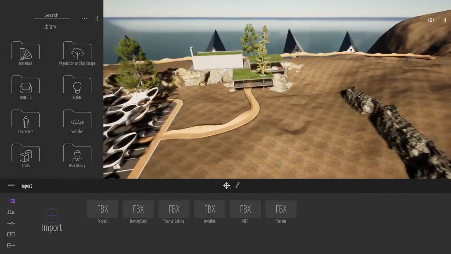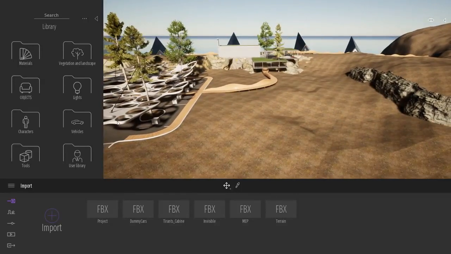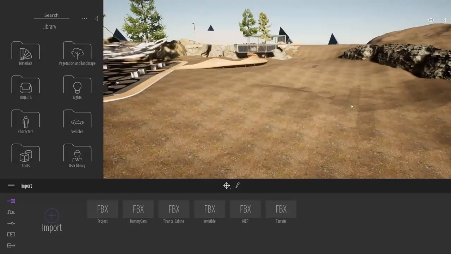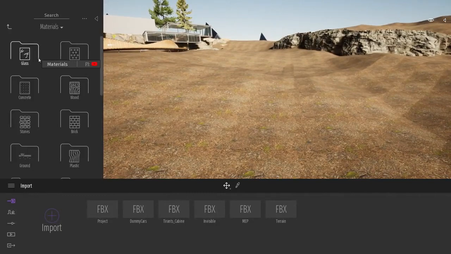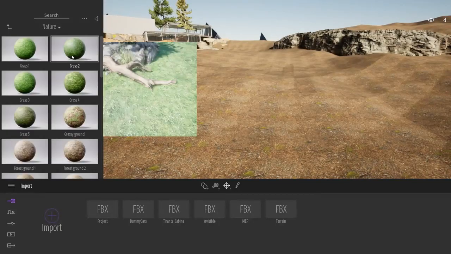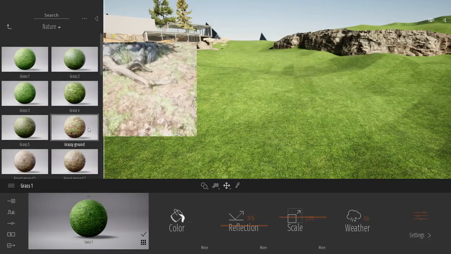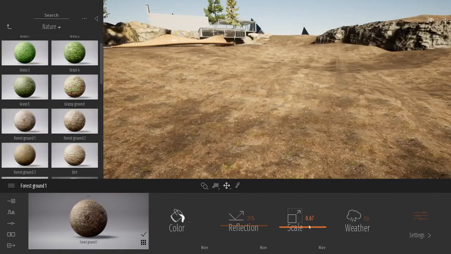So first of all, let's talk about the Twinmotion user interface. It consists of three major panels. The first one is the library. It's native to Twinmotion, and it contains thousands of objects and materials. If you want to add a material, for example, to the terrain, I will go to the material folder, ground, nature, and it's just a basic drag and drop from the library to the viewport. You can change that really quickly.